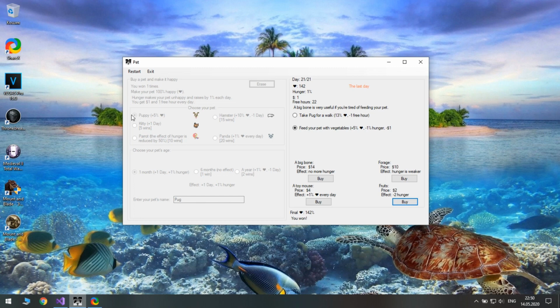We can choose our pet and we can choose its age and its name. Every day we have from 2 to 3 choices, and we have a selection of 4 different items to buy. But Windows Forms is very outdated.